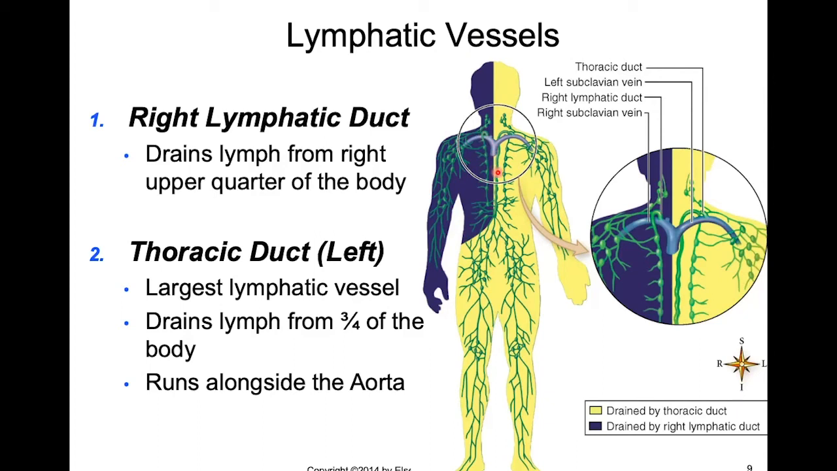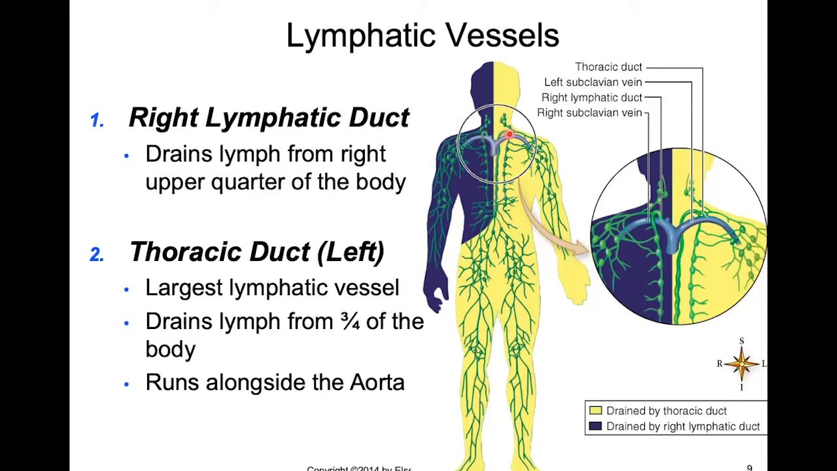The thoracic duct, however, drains about 3/4 of the body, so all structures below the umbilicus, and then the left upper quadrant of the body. And the thoracic duct ultimately drains all of that lymph from 3/4 of the body back into the left subclavian vein. All right, so the right lymphatic duct drains into the right subclavian vein, and the thoracic duct drains into